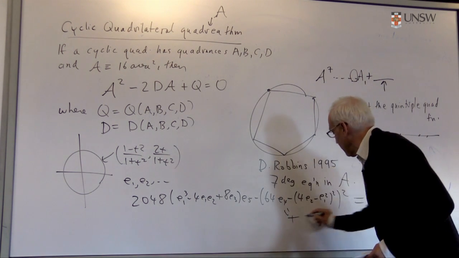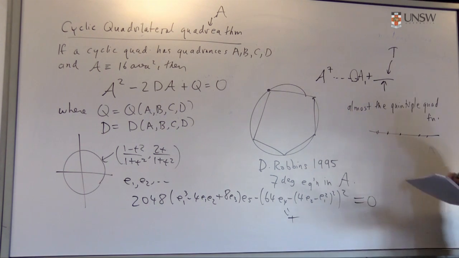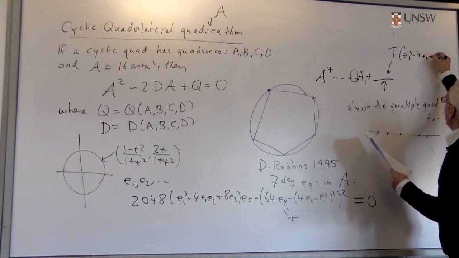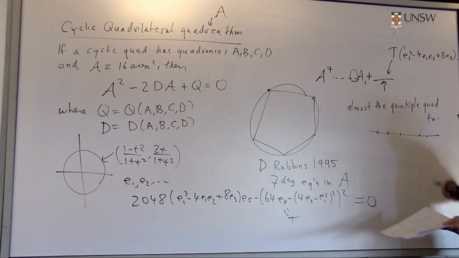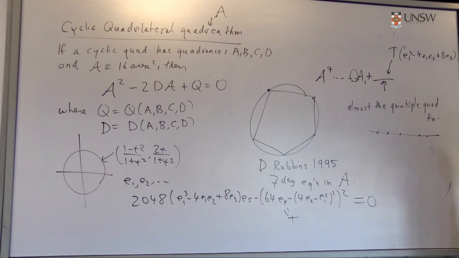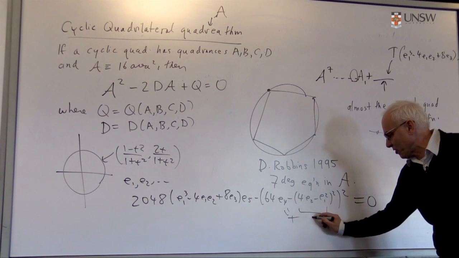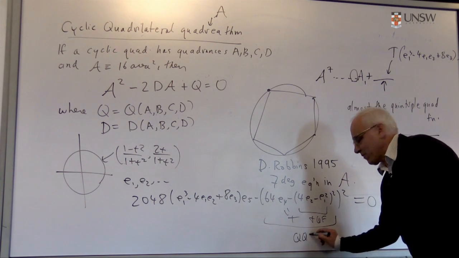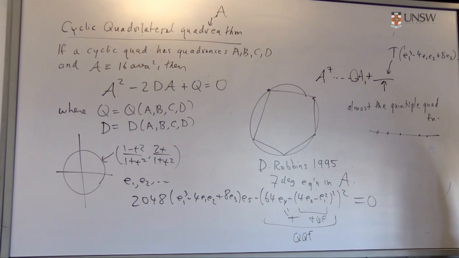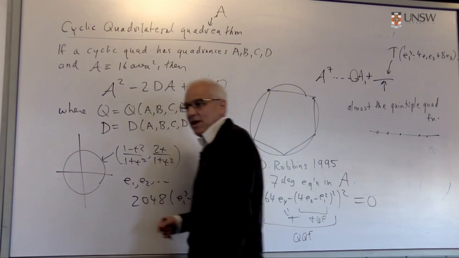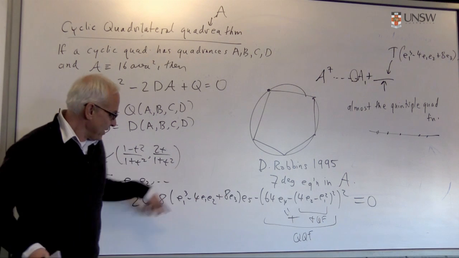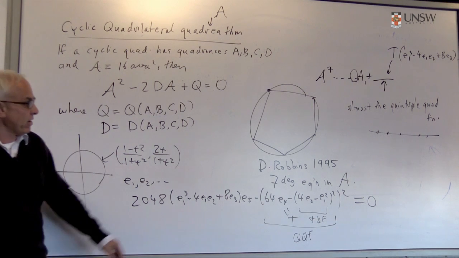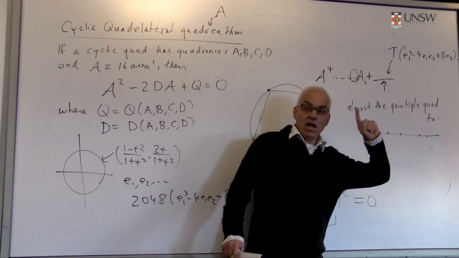If I call that, say, T, then it turns out that what's in Robbins' formula is T times that factor E1 cubed minus 4E1 E2 plus 8E3. And in fact, you can see inside here, if you look carefully, you'll see the triple quad formula right there. And if you look a little bit bigger, you'll see the quadruple quad formula there. And it certainly suggests that there's, in fact, this infinite hierarchy of formulas that you get by extending this, if you know how, to get formulas that give you more and more information about more and more points along a line in the one-dimensional situation.